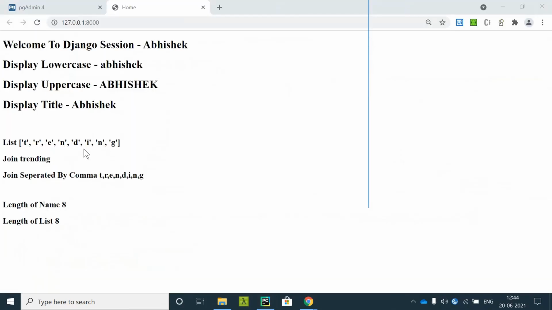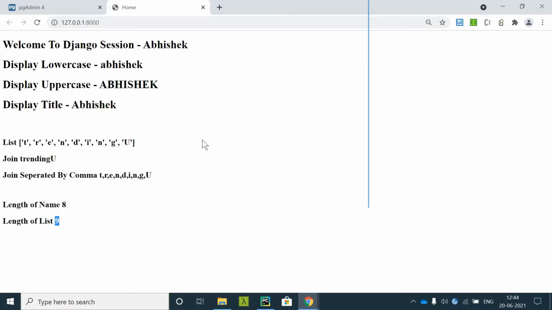Now my length should be 9. You see the length is 9 now. So this is how Django join and Django filter work, and this is how Django templating works.